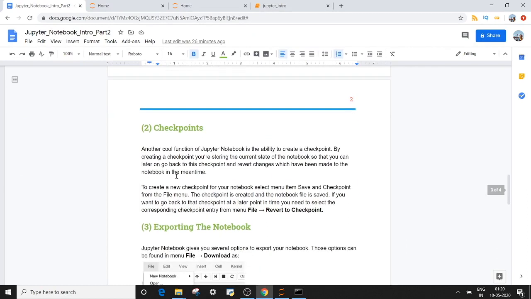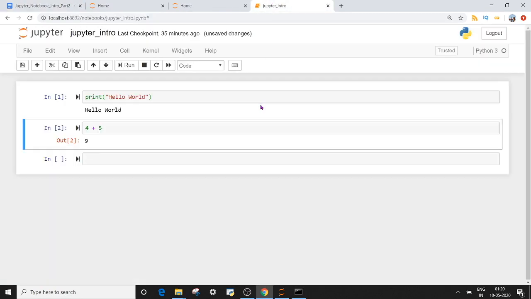Next topic is checkpoints. So what are checkpoints in Jupyter Notebook? Checkpoint is a version control, a very simple version control present in Jupyter Notebook. So by default, in a span of 120 seconds, Jupyter Notebook saves your code, right? But it's not updating the checkpoint. So if you go here and see this button, it says save and checkpoint. If I click on this, it's giving me a message, last checkpoint saved a few seconds ago, right?